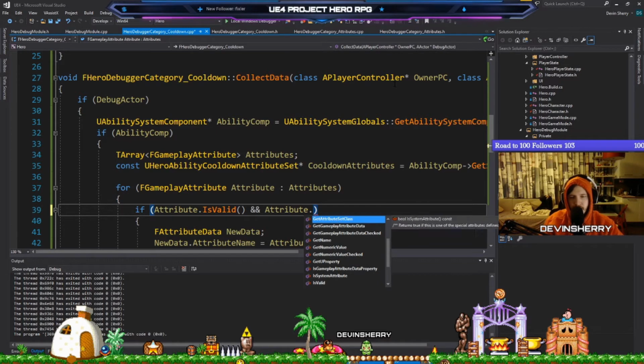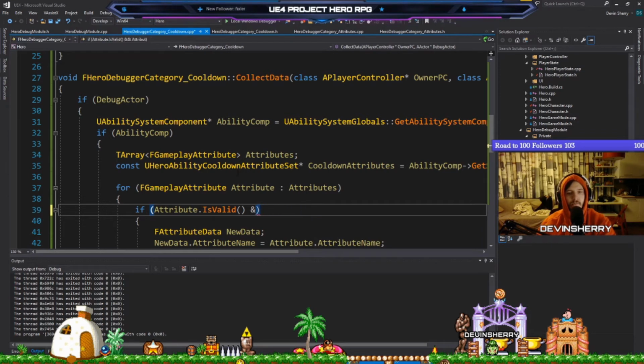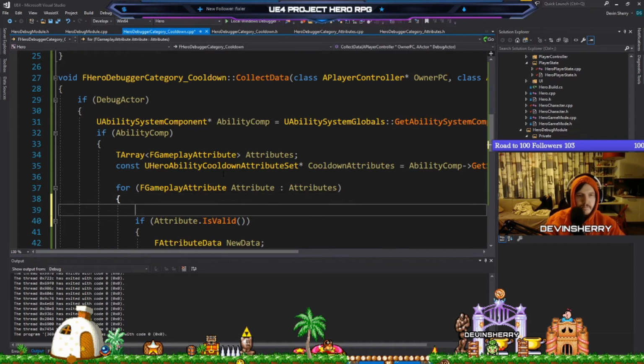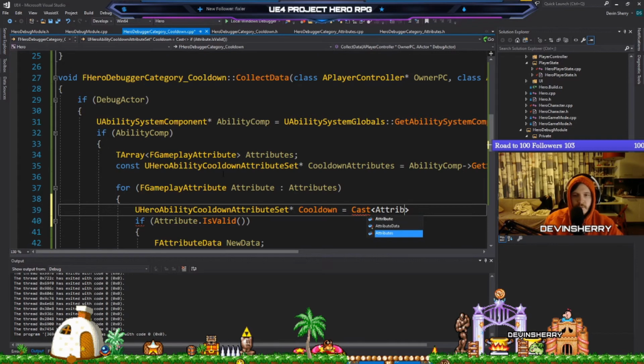So this might be it. So I guess I could do something like this. Can I do like hero ability cooldown attribute set? Cooldown attribute equals cast attribute